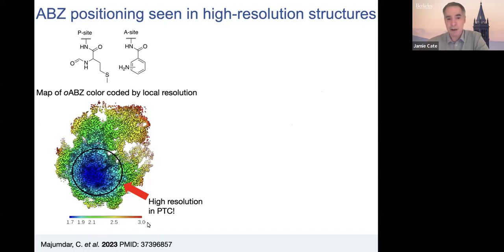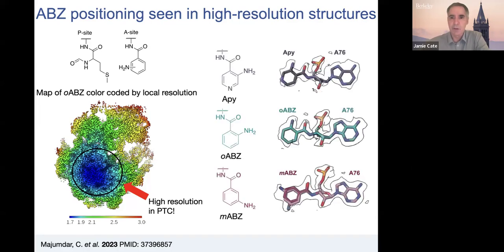cryo-EM maps. This is in angstroms, and you can see that the exterior is maybe not quite as high resolution, but right in the part we're interested in, it can get to very high resolution. So what we see here is just to show that we have reasonable resolution for these monomers docked into the catalytic center, such that we can see where the atoms are positioned. And that helps us to understand the chemistry better.